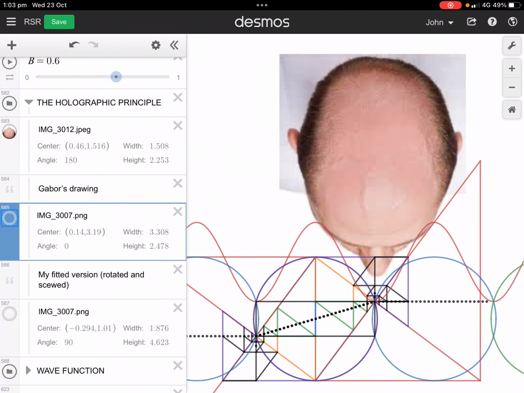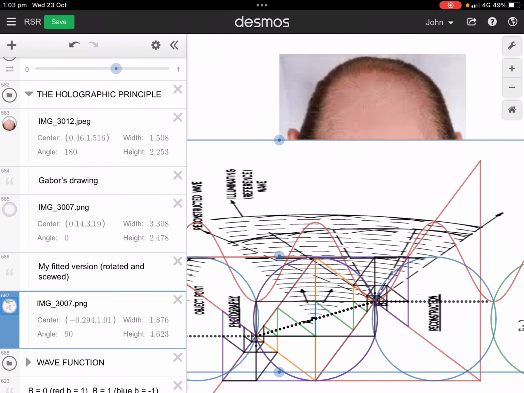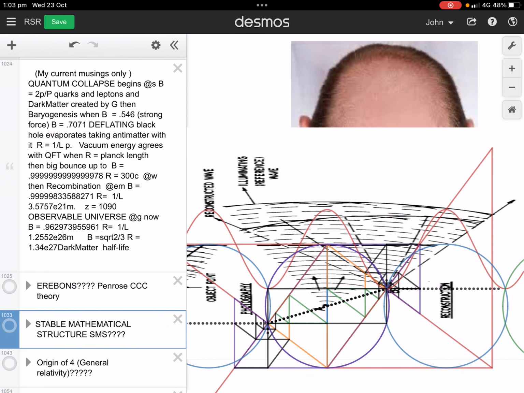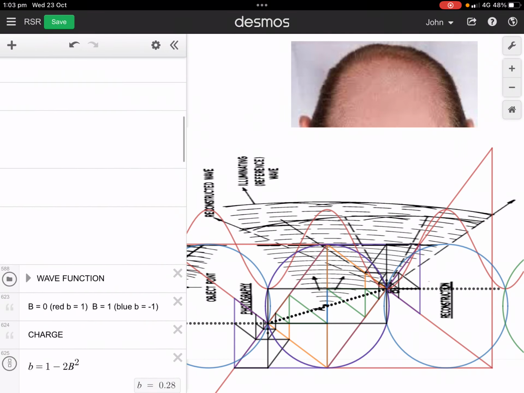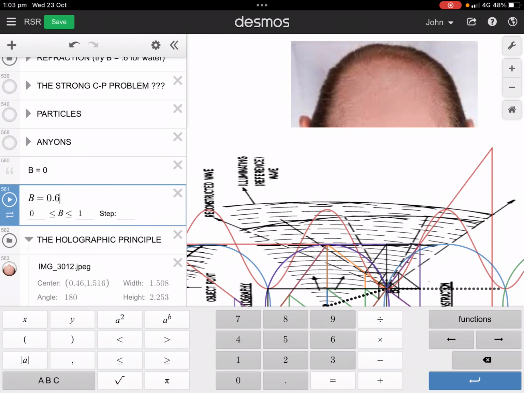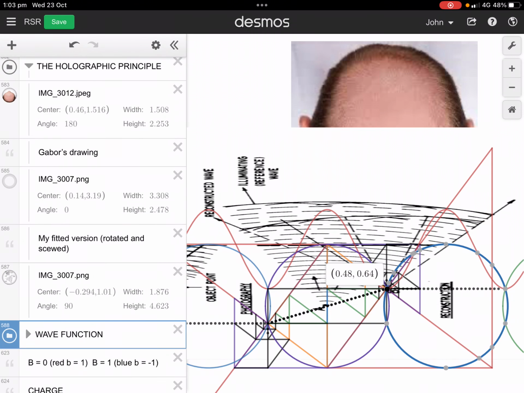Well, if I take that image above and sort of distort it so that it fits onto the relativistic slide rule at a b value of 0.6, which is my favorite one, then that point becomes point B, and this point here becomes point A. So point A is where the reference